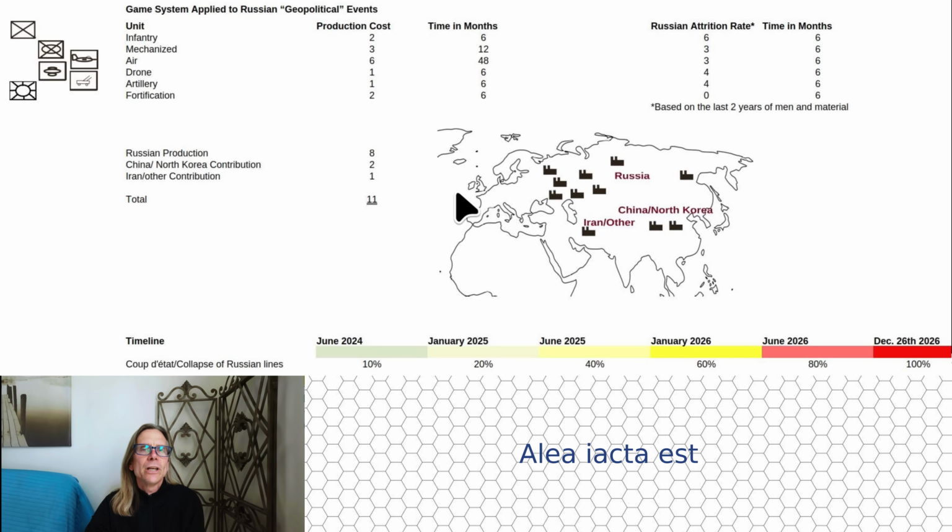But the main thing here is the pressure on the front line, even without much additional aid coming from the U.S. Aid from the U.S. probably will come, but just European aid will still be able to achieve this attrit rate of Russian forces. And so if you look at the coup d'etat collapse of Russian lines time frame, June 2024 is still a little premature. It could happen. You never know, because like I said, Ukraine strikes when they're not looking.